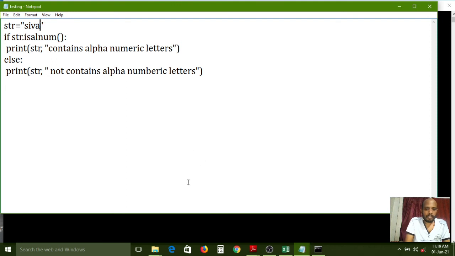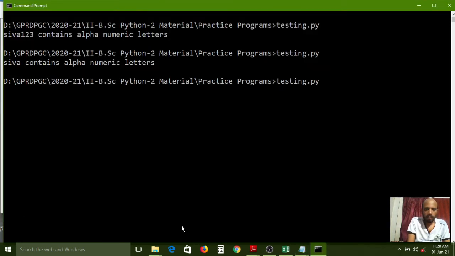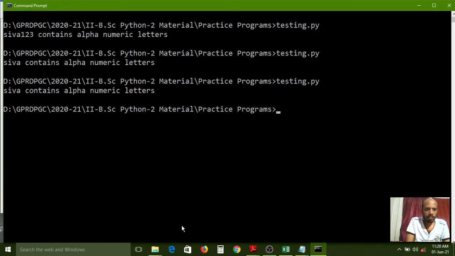Save. Siva contains alphanumeric letters. How can it contain alphanumeric letters? It is a wrong output, no?